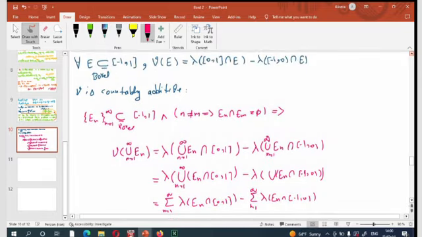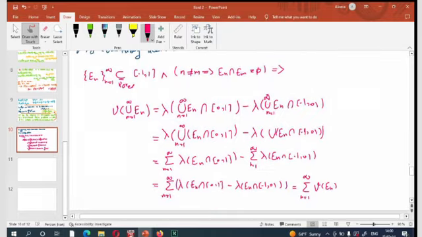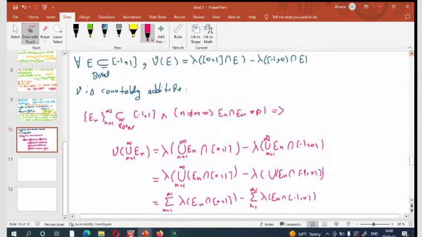Okay, if you replace E by En, we see that this equal to nu of En. Okay, so that this nu is countably additive,